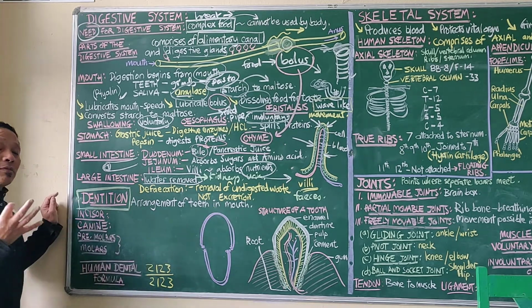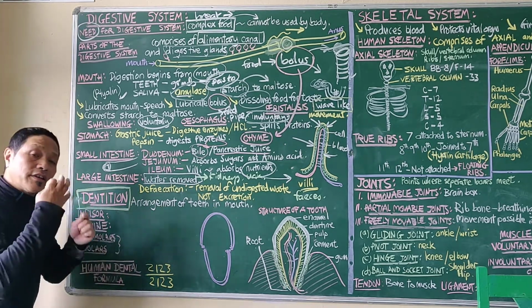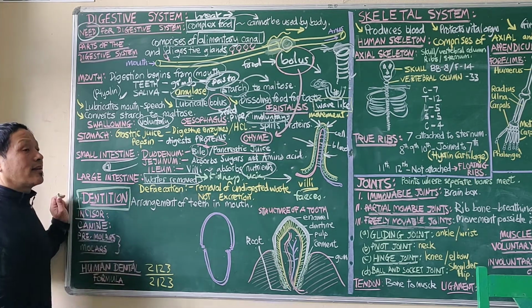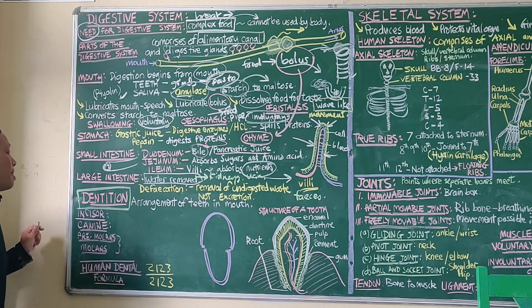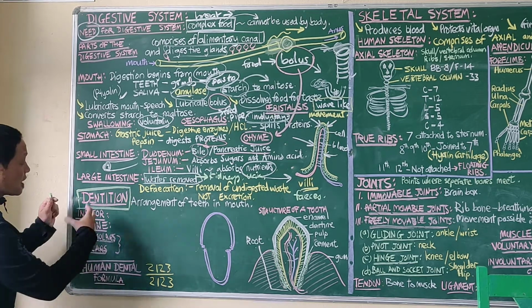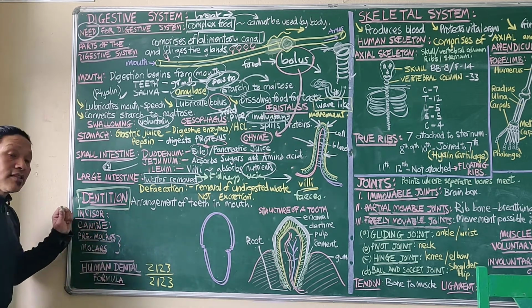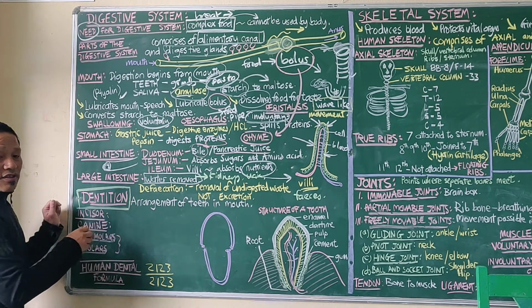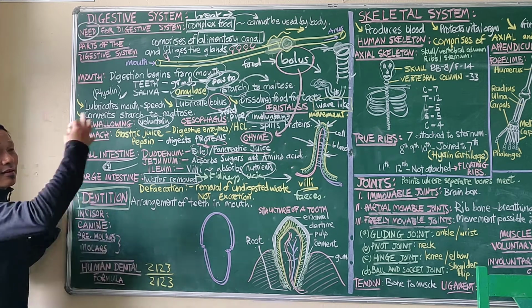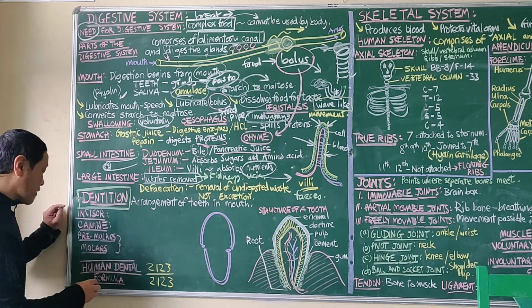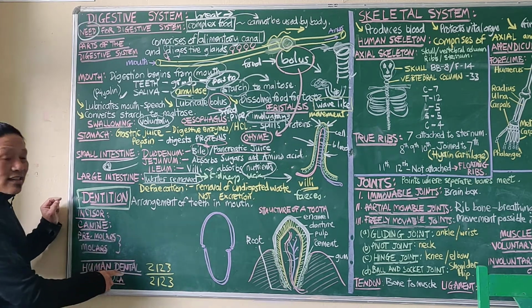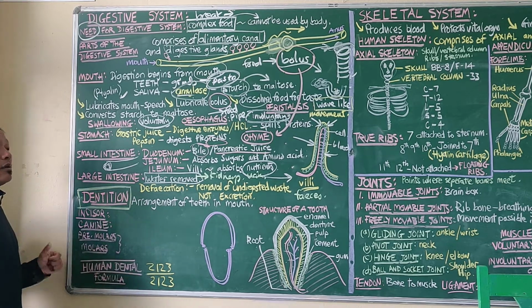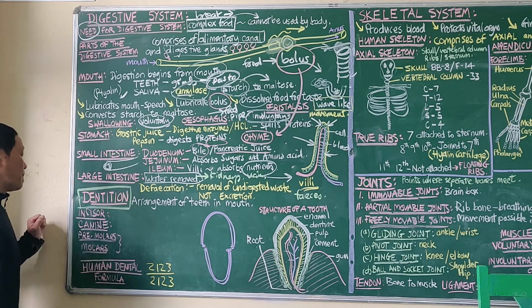Okay? In different animals, different kinds of arrangement are there because they have different types of food that they depend on or eat. But in humans, this is the kind of arrangement. We have incisors in the front. We have 4 incisors on the lower jaw and 4 on the upper. We'll discuss that later when we talk about the human dental formula. But let's just discuss the types of teeth that are found.